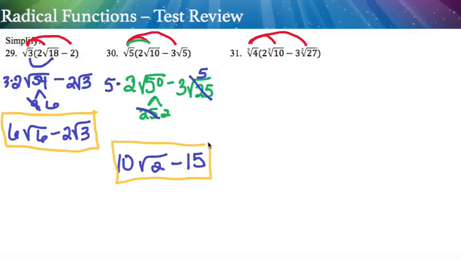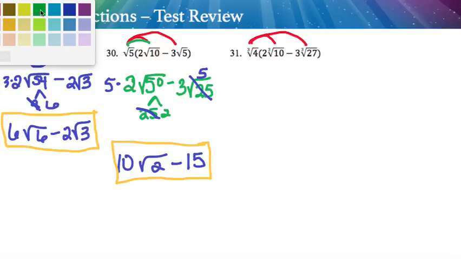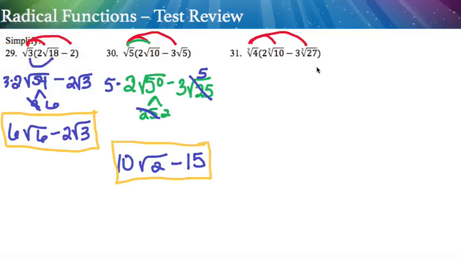All right, and last one. So I don't care about the cube roots. I know they're all cube roots, and so they're all going to be like terms in that respect. I'm going to go ahead and just multiply. Okay, so I'm going to take this one right here, and I'm going to go 4 times 10. So this is 2 cube root of 40 minus 3